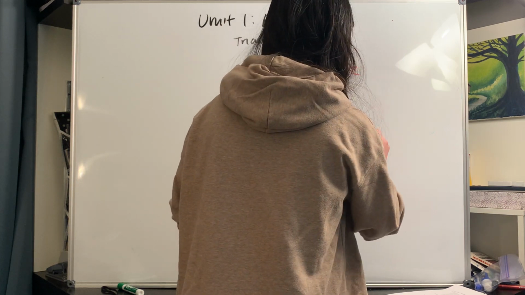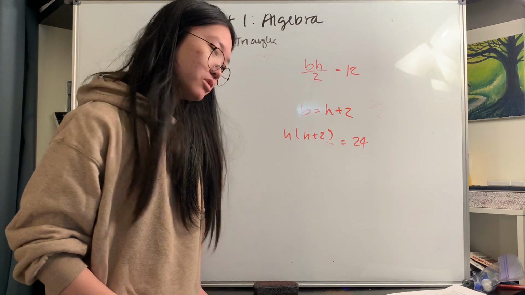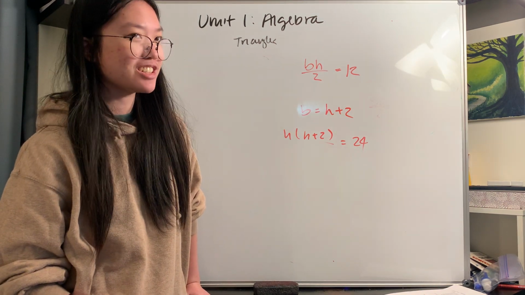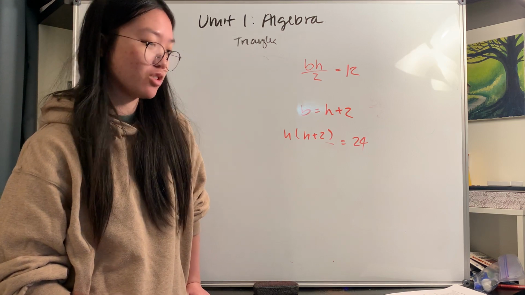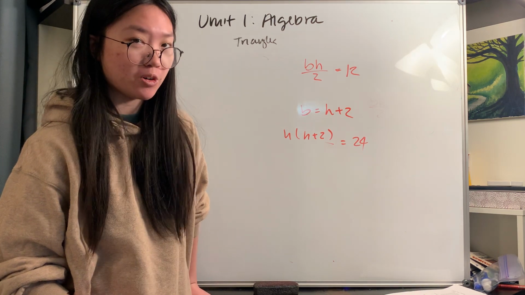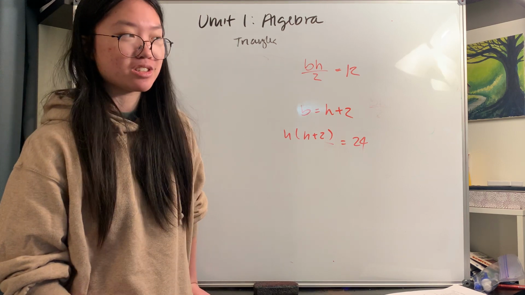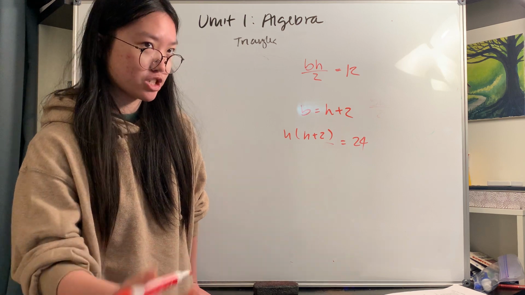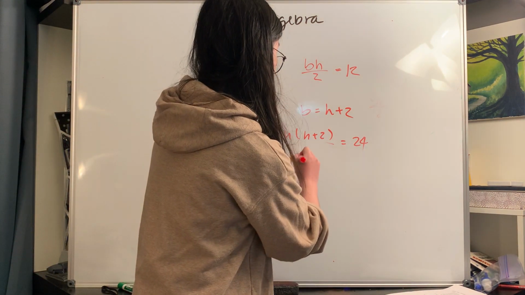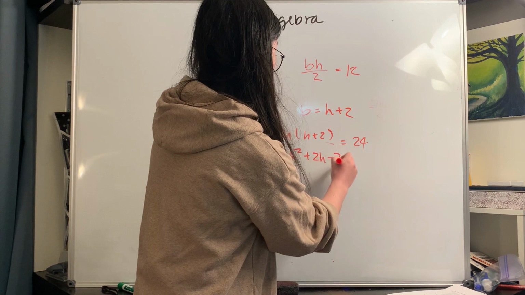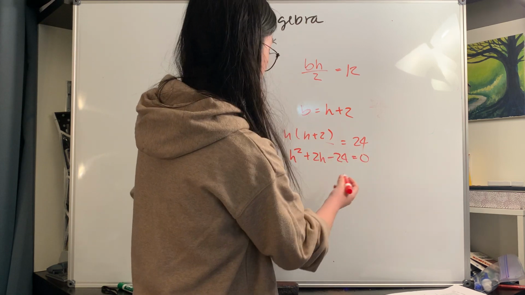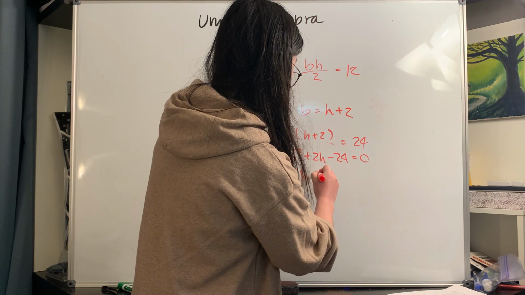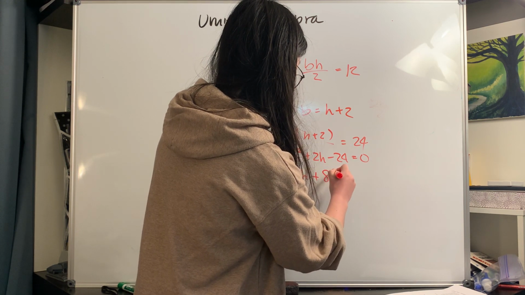Now at this point, if you don't know the quadratic formula, or you don't know how to solve quadratic equations, this is the point where you kind of have to guess and check. For those of you who do know how to solve quadratic equations, you get something like h squared plus 2h minus 24 is equal to 0. And you can simplify that into h plus 8